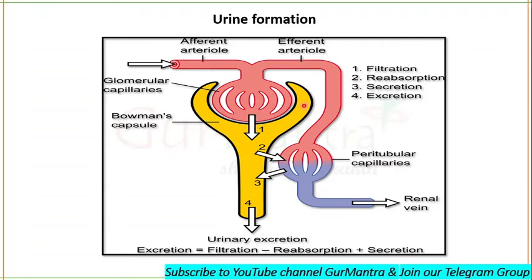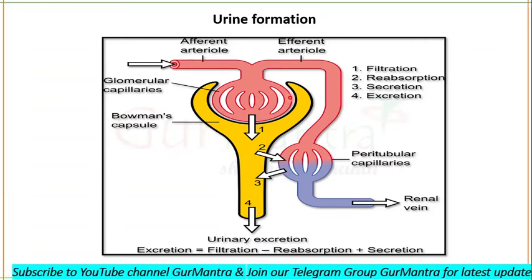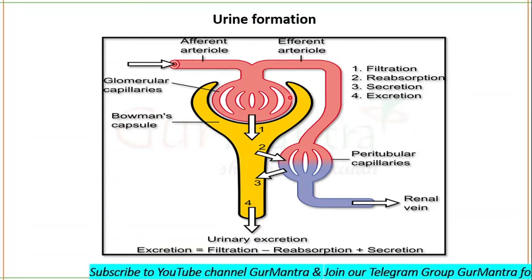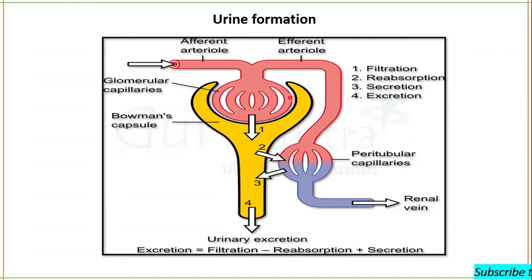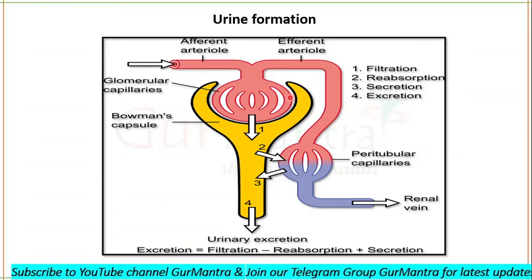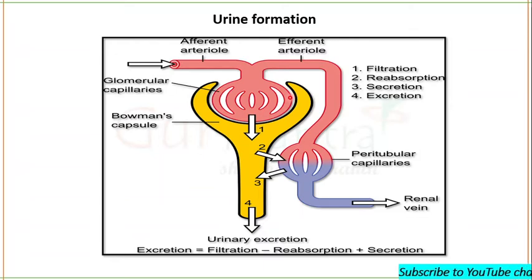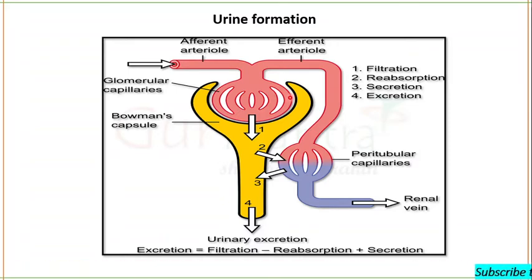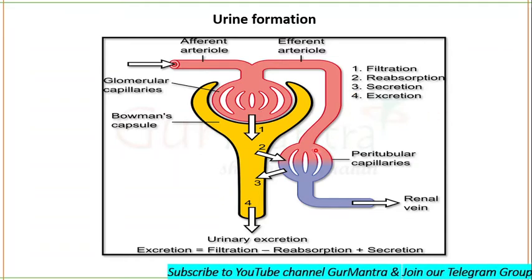Okay, another one is tubuloglomerular feedback. So what happens in this case? The kidneys have a feedback mechanism that links changes in sodium chloride concentration in the distal tubule to the control of glomerular filtration. Macula densa are the cells which act as a sensor. If the sodium chloride concentration is high in the distal tubule, it is indicative of increased glomerular filtration. If it is low, it is an indicator of decreased glomerular filtration rate.